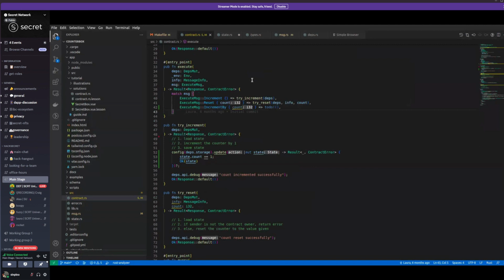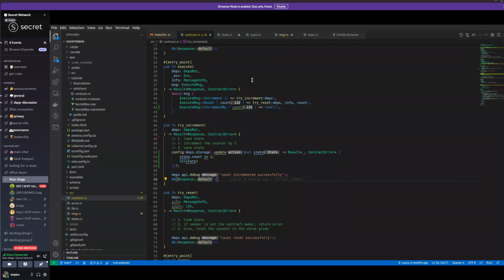returns some response. What we've done already is to define what the API is, the inputs. We've changed the state here. So in this case, the response is just the default response. So if this is successful, it would just return an OK and basically no information on what's happened, which is fine sometimes. But sometimes we want to handle,